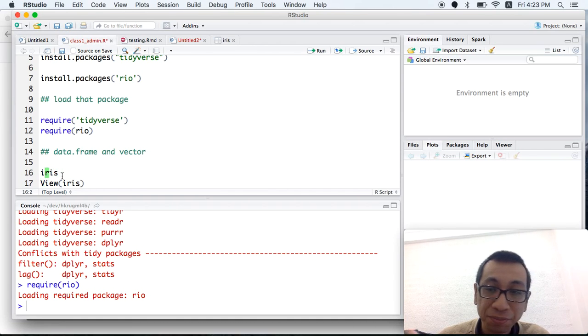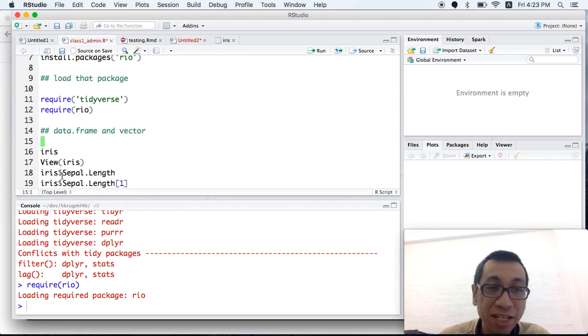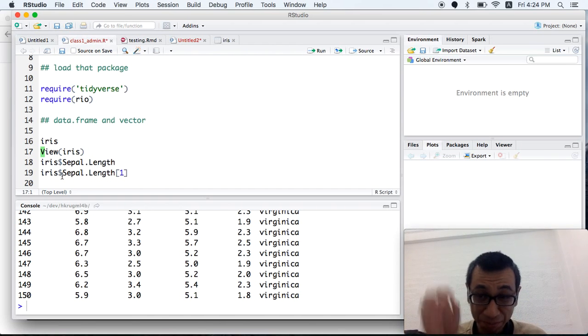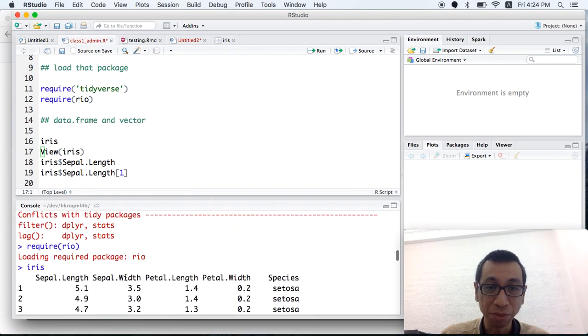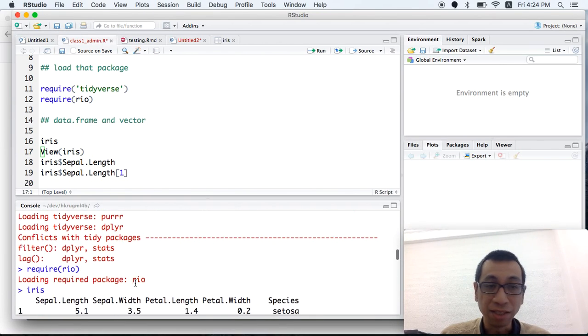After you install the packages that you need, this is the real introduction to R. As I've mentioned, there is data and there are functions. In R, most of the time you will have a data structure called a data frame. You can have a look at iris, which is a built-in data set, and its data structure is a data frame.